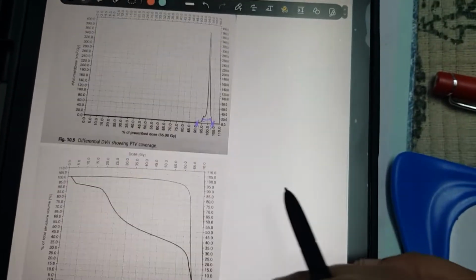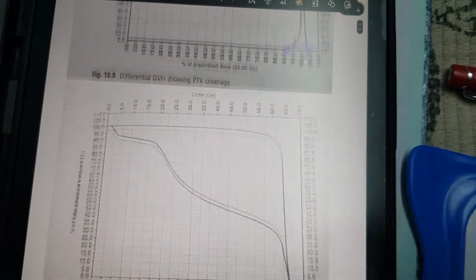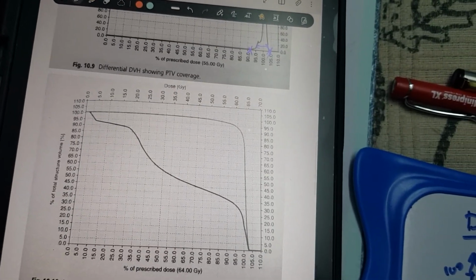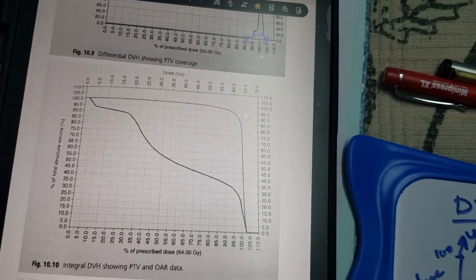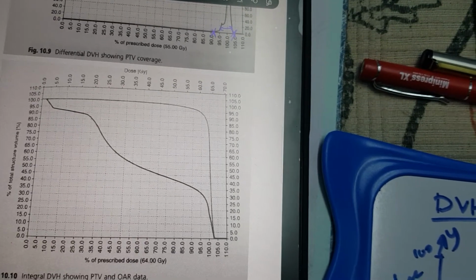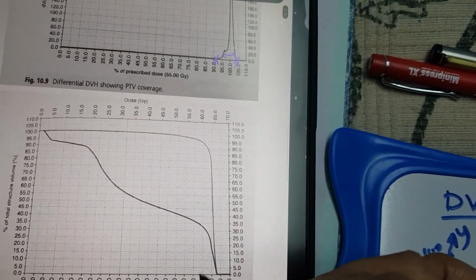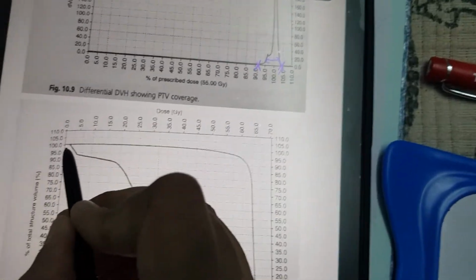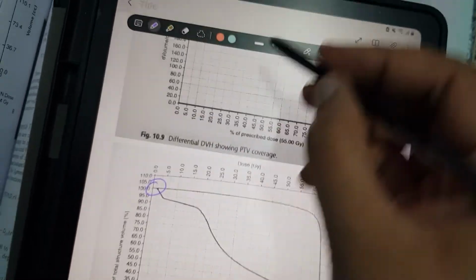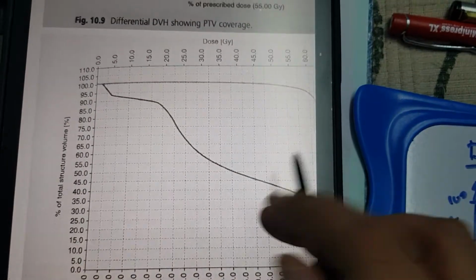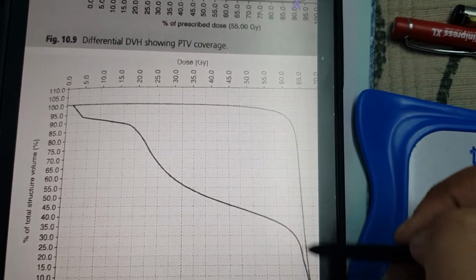Now coming to cumulative DVH, cumulative just means integral. So you are just adding up the whole of the dose received by the organ. Cumulative is useful for both OARs and PTV. It usually starts with 100%. As you can see, it starts with 100% of the volume, and for each OAR or PTV, it then shows where the